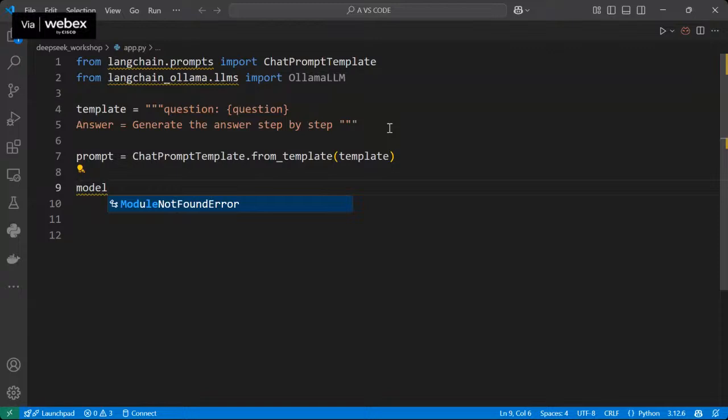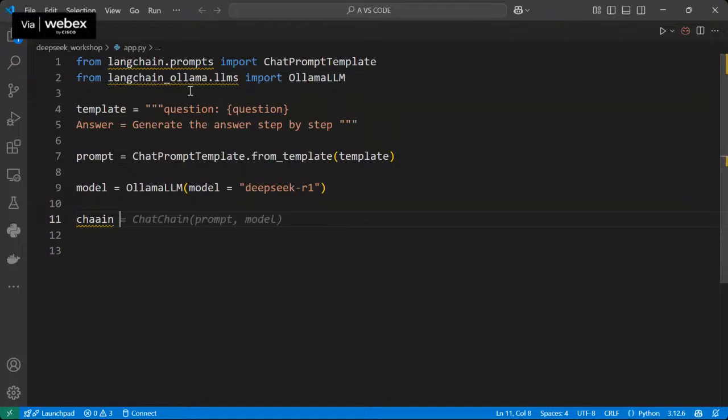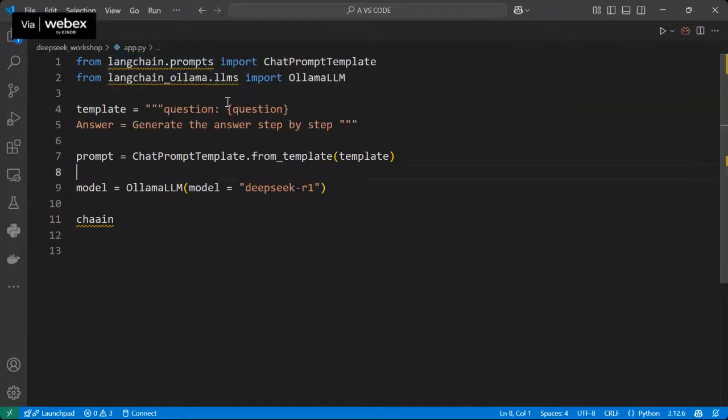So very simple. Now I want to call the Ollama model. Which model do I have to call? Model equals this DeepSeek R1 model, and I just create a chain. So very simple. What are the steps we did? We imported these libraries from langchain.prompts, then we created a template to define the prompt template.